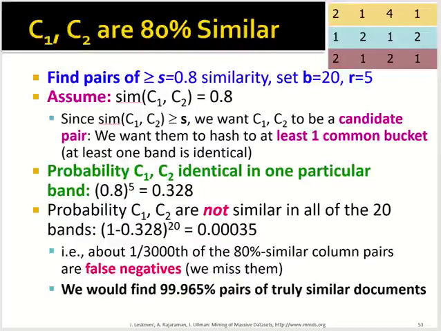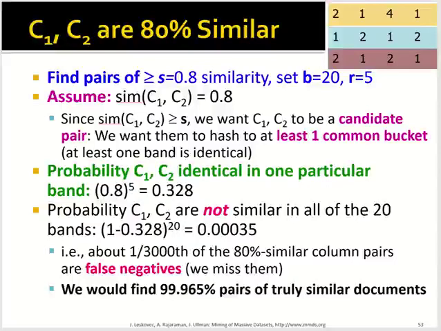Each row is independent, so the final result is the power of 5. The probability that they are totally identical in five rows can be calculated as